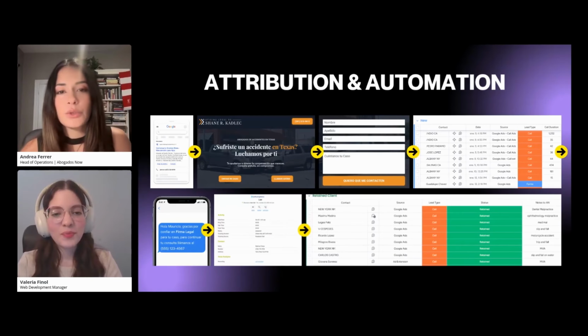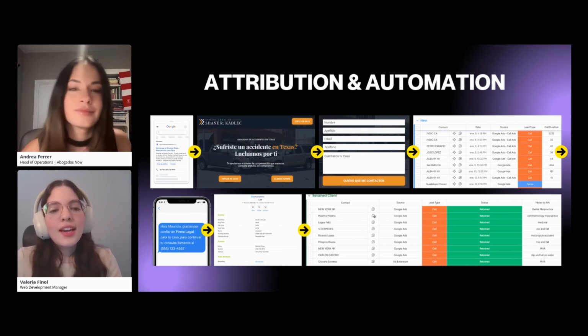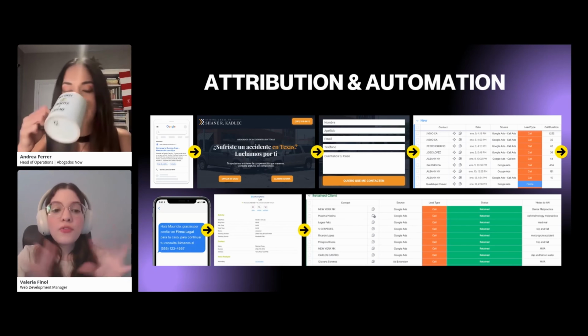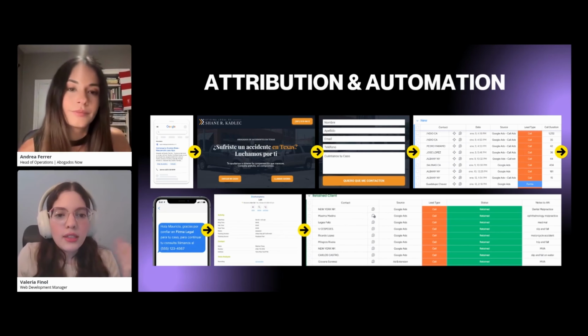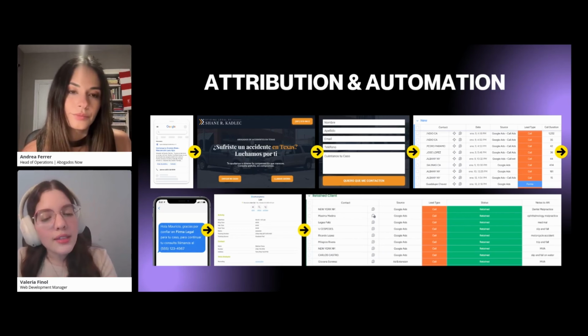Alrighty, so let's talk about attribution and automation. What is that? Yes, so this will be the final conversion killer, that is the post-conversion flow. A landing page doesn't get you a case. Leads don't become cases automatically, but your follow-up system will help you get that case.